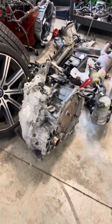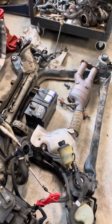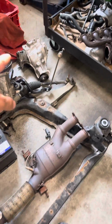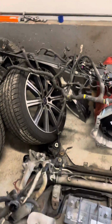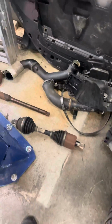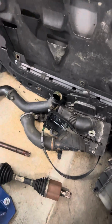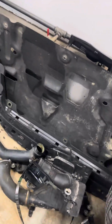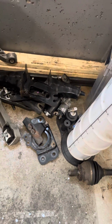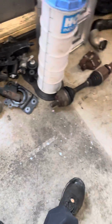Transmission's here on the floor. Subframe next to it. The catalytic converter. The angle gear. All the tires. The cowl. The engine wiring harness. CV axles. Charge pipes. All kinds of plastic. Mount. Starter. And then